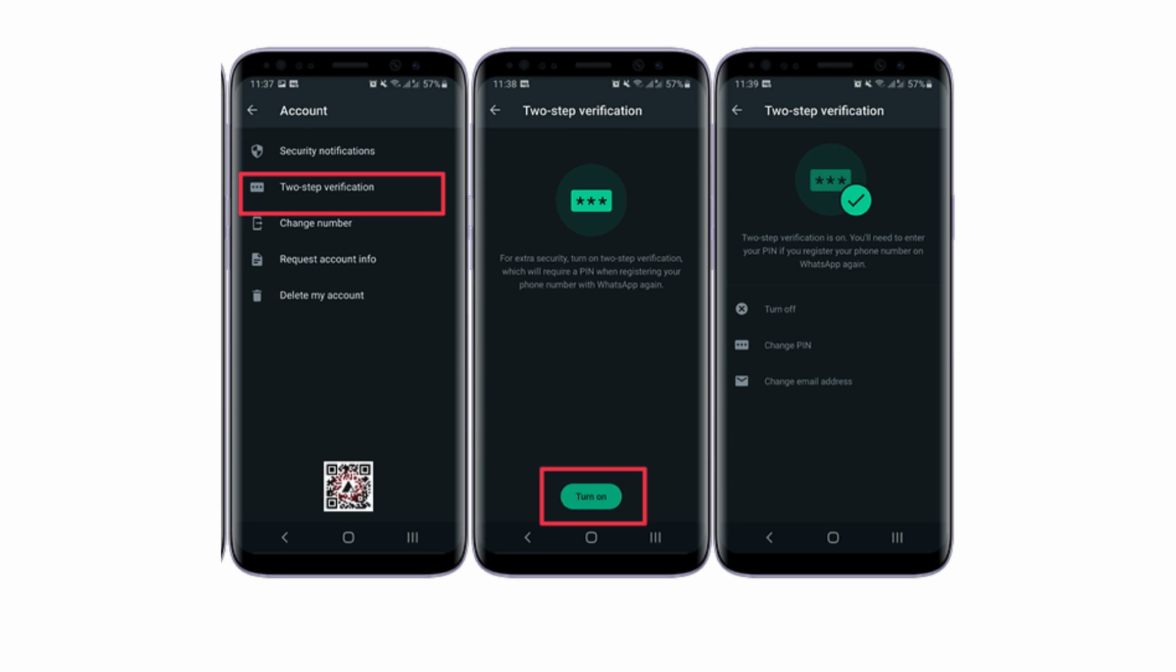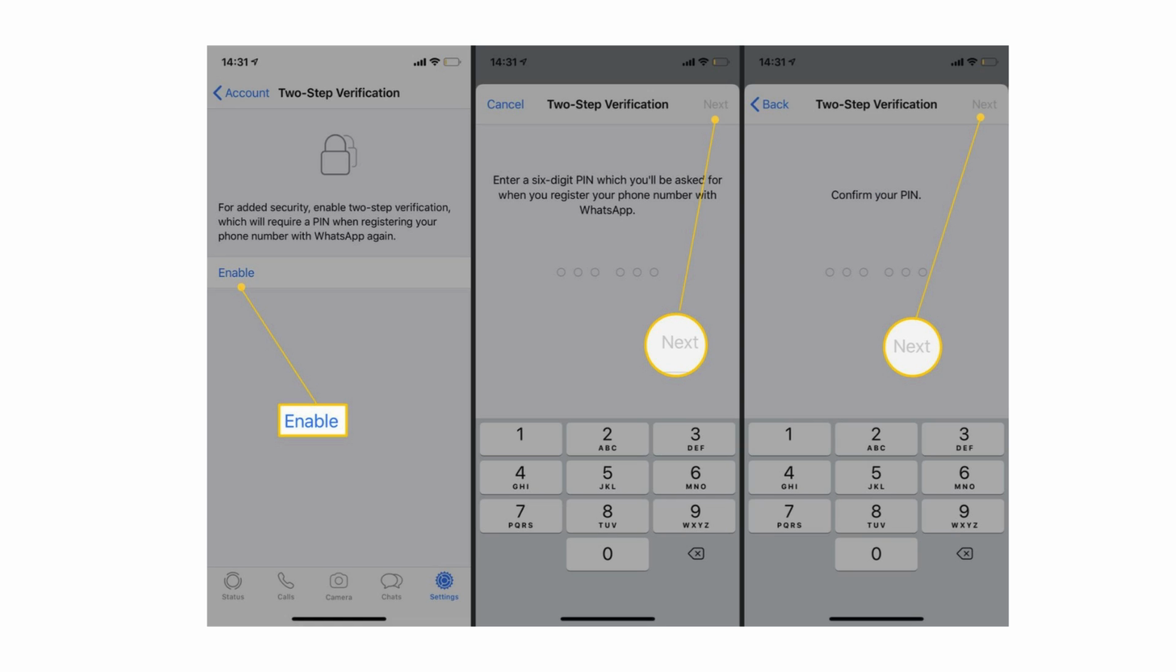verification. On iPhone, iOS, open WhatsApp, tap Settings, bottom right, tap Account, select Two-Step Verification, then tap Enable to turn it on, tap Change PIN to update the code, tap Change Email Address to update recovery email, tap Turn Off